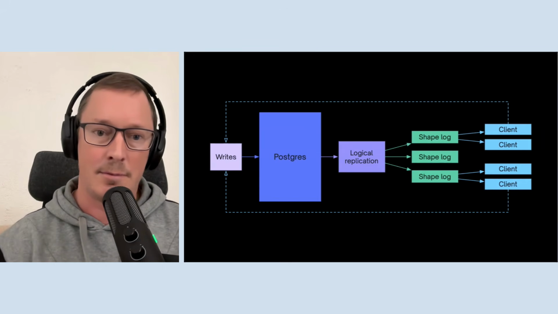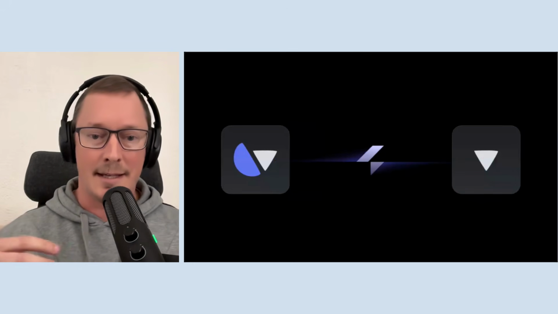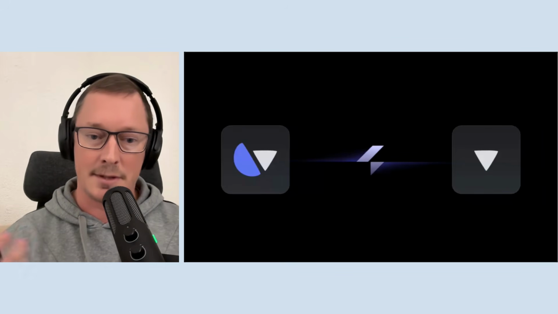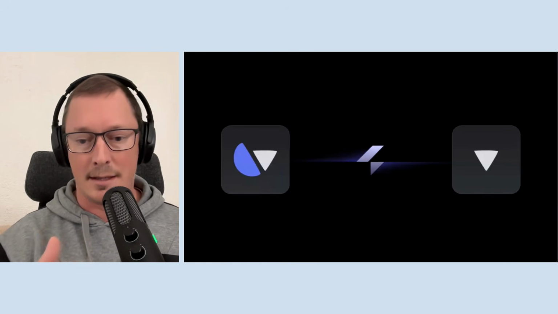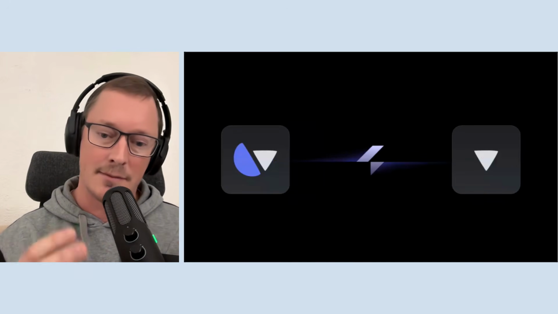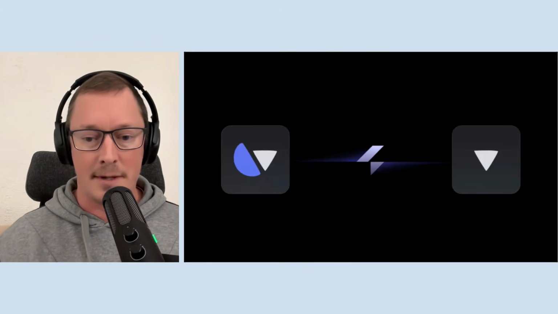And we do that through this primitive called a shape, where the idea behind a shape is that it's very similar to, say, an Ecto query with an association graph. So you can pull in like a tree or a DAG of data, and that's just a subset of the data from the database. And a shape might be like a project with all of the contents of that project.